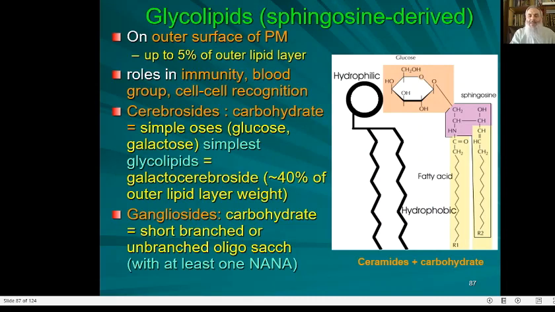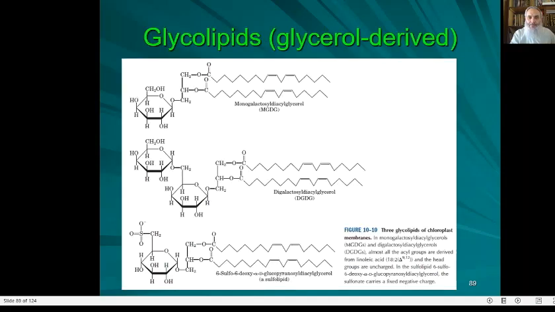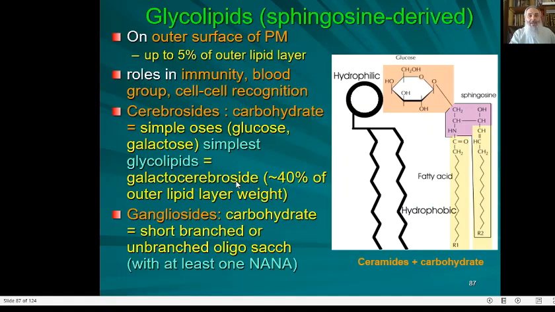These glycolipids, again, they may be derived of sphingosine, but also they may be derived of glycerol. This is glycerol. The two fatty acids, they are unsaturated here. A disaccharide, a monosaccharide. All glycolipids, whether derived of sphingosine or glycerol, they have amphipathic property with a hydrophilic head